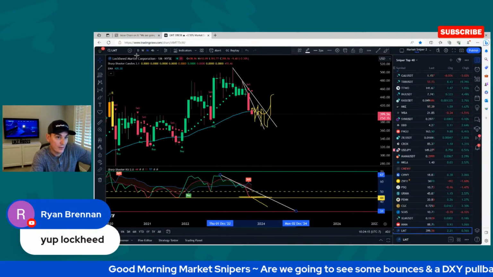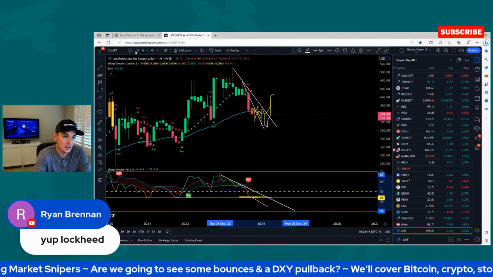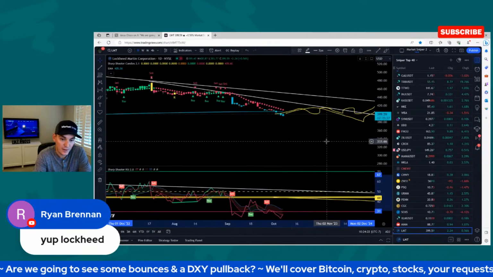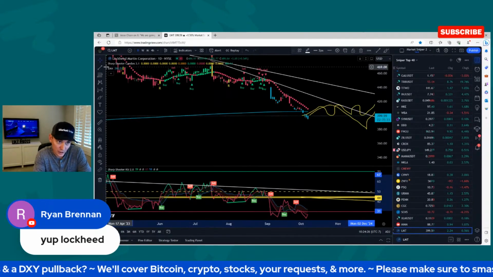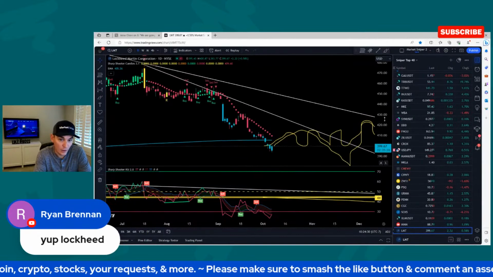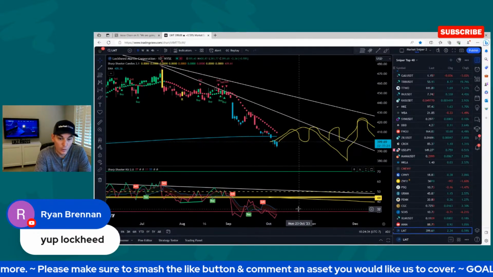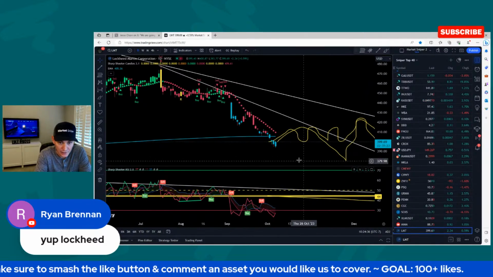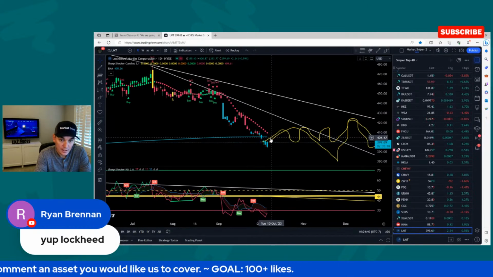With all that said, maybe you're looking for a shorter-term bounce. So let's look at the daily chart. Knowing that the weekly chart overall is ultra bearish, knowing that the monthly chart is bearish, we don't have bullish divergence on the daily chart. It's ultra bearish right now, right? So even if